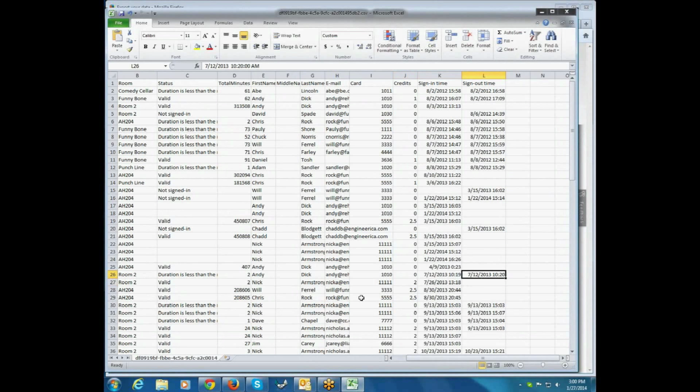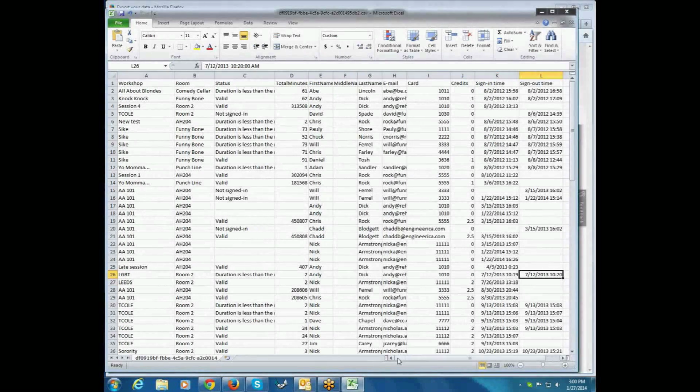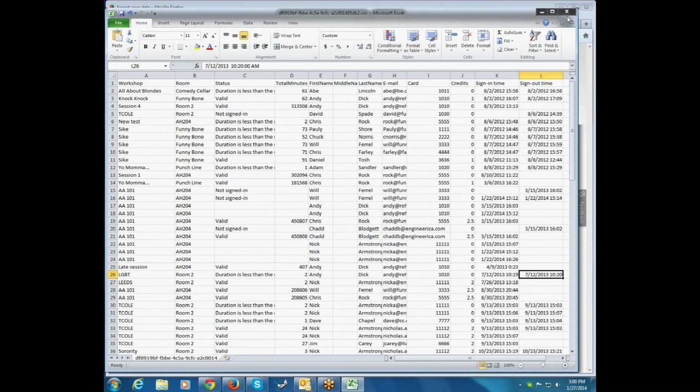And when you get it into Excel, you can sort it any way you want, filter it any way you want. So if you want to export it out of Conference Tracker and see for yourself, you can. And I always recommend that you do, after you fix all your logs and everything looks good, go ahead and export your information